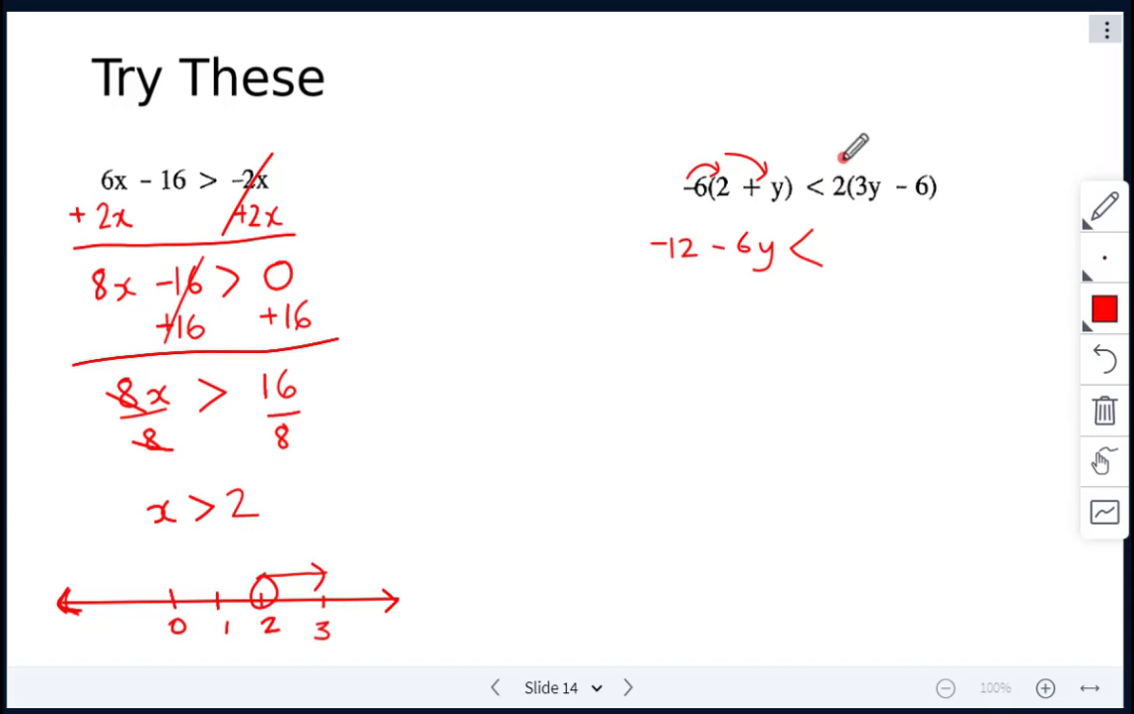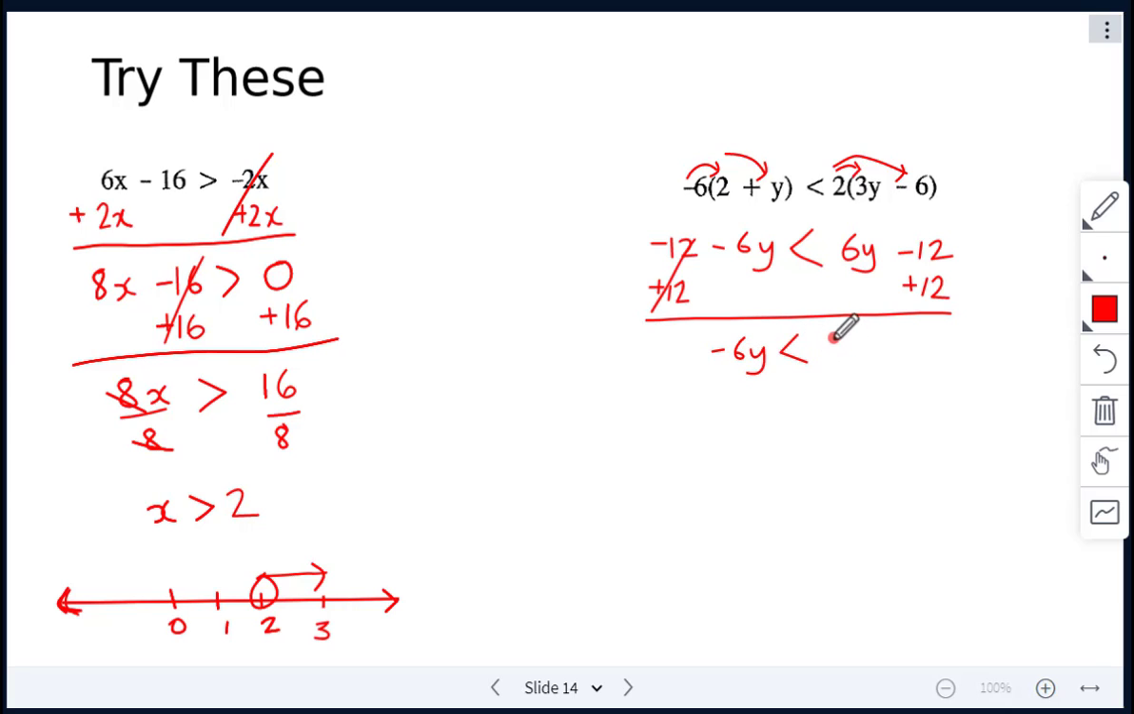So now we have a positive 2 multiplying by the 3y, multiplying by the negative 6. So we end up with 6y minus 12. All right, after this, I'm going to take the 12, add that over to both sides, and that leaves me with negative 6y